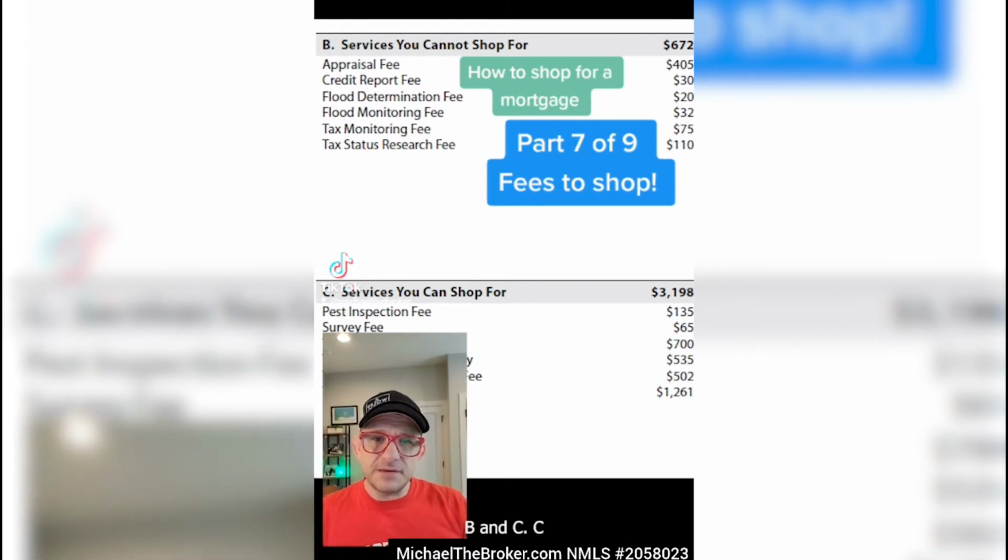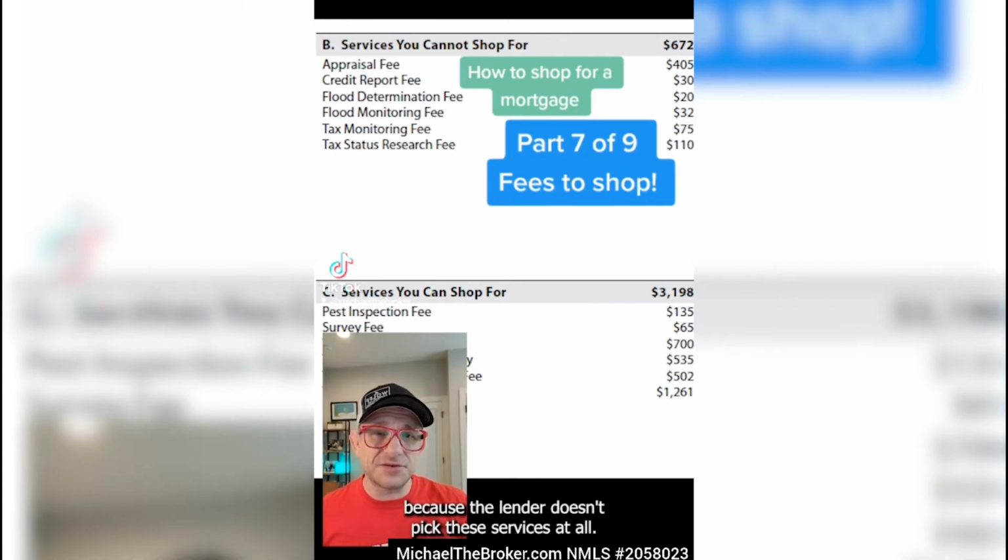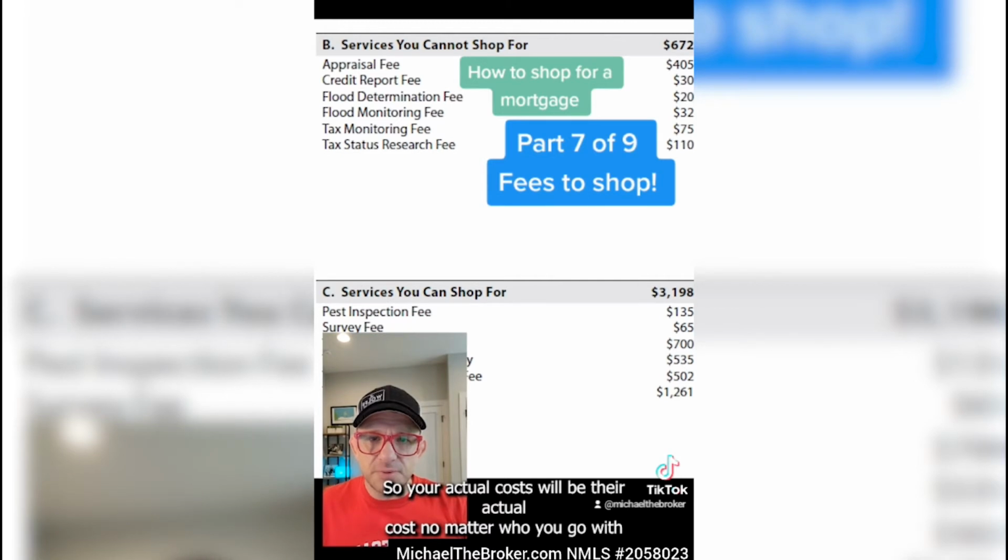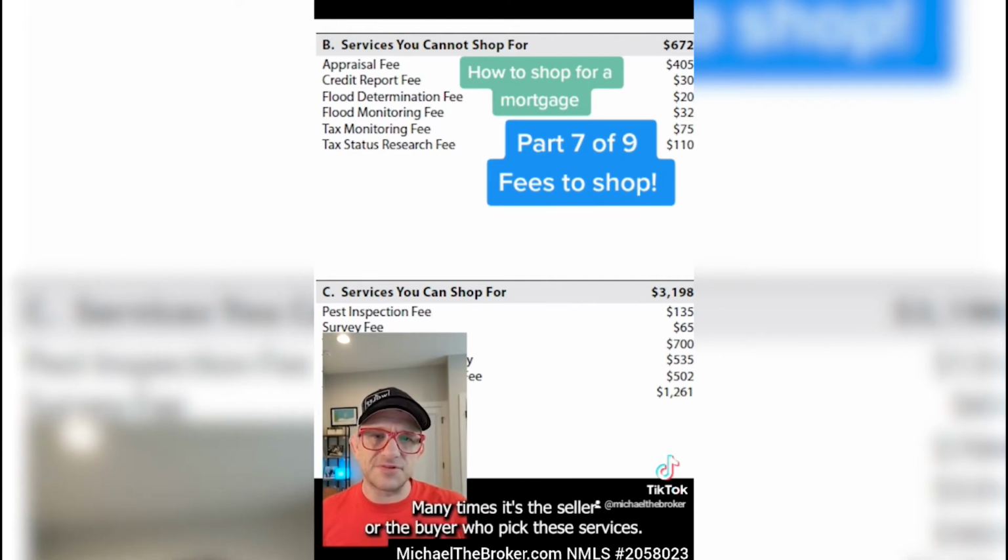Now, B and C, you really shouldn't shop between different lenders because the lender doesn't pick these services at all. So your actual cost will be their actual cost, no matter who you go with as far as the lender. Many times it's the seller or the buyer who pick these services. Section B, you can